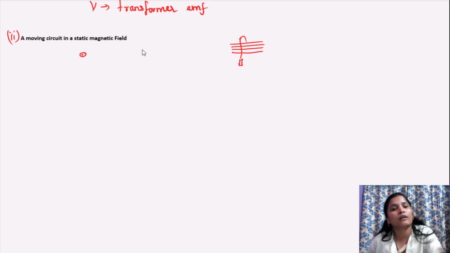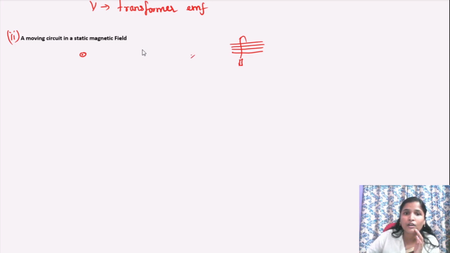So you might have known this symbol. What is it? It is a dot with a circle, and the meaning is that the flux is coming out of it. So this is the plane, and the flux is coming out of the plane. If it is going inside, we will denote it with a cross mark. You already knew that, right? So the dot represents the flux lines. The magnetic flux lines are coming out of the paper or a plane.